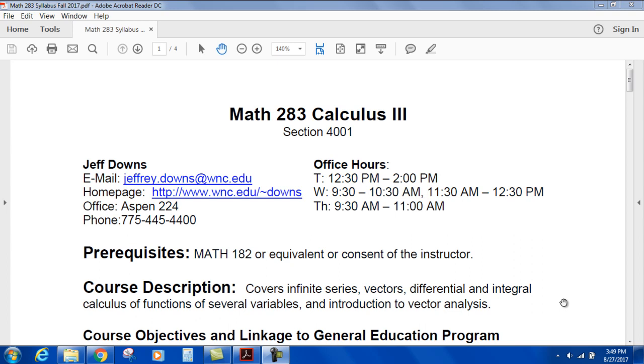My email address is jeffrey.downs@wnc.edu. My homepage is listed, but last time I checked it wasn't working due to the updates that the college is doing with their webpage, so we'll see if it comes back to life. My office is Aspen 224 on the Carson campus. And my phone number is